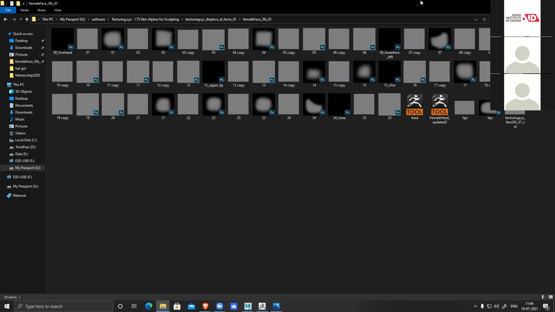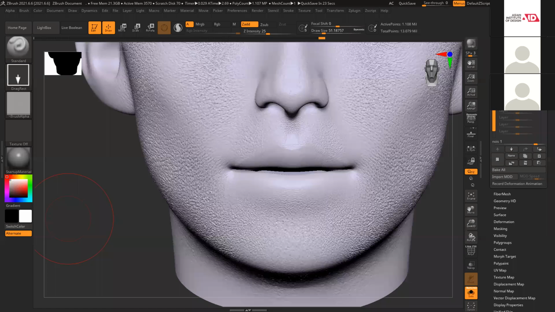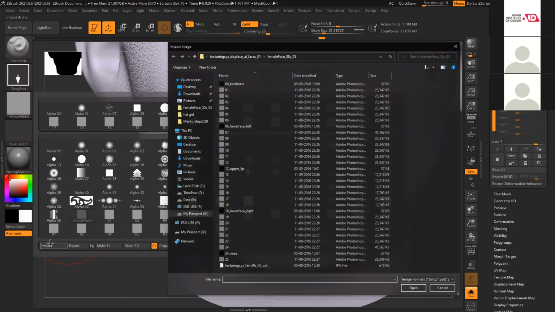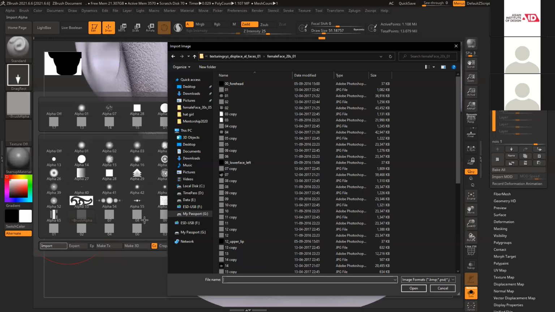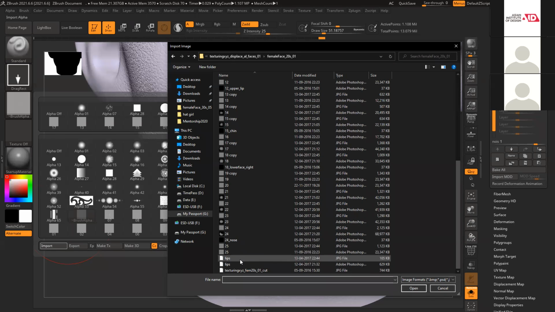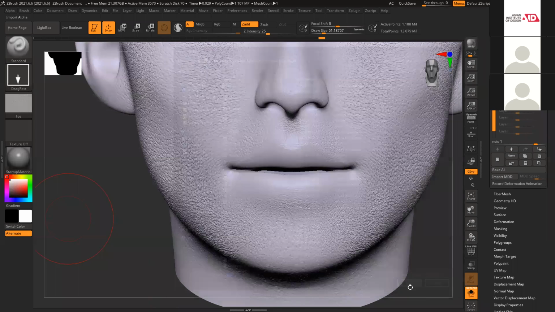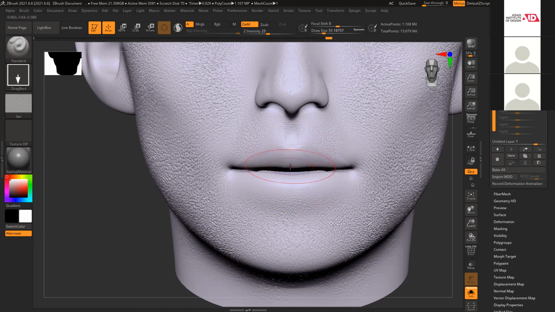Lips, here it is. Oh, I need to make sure to select this layer and activate recording. No, it's this lips, you can see it's not coming very nicely.